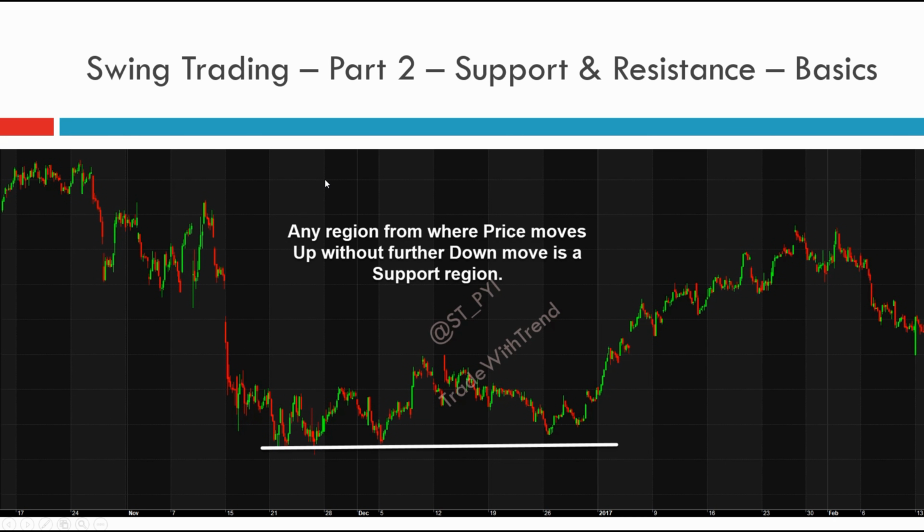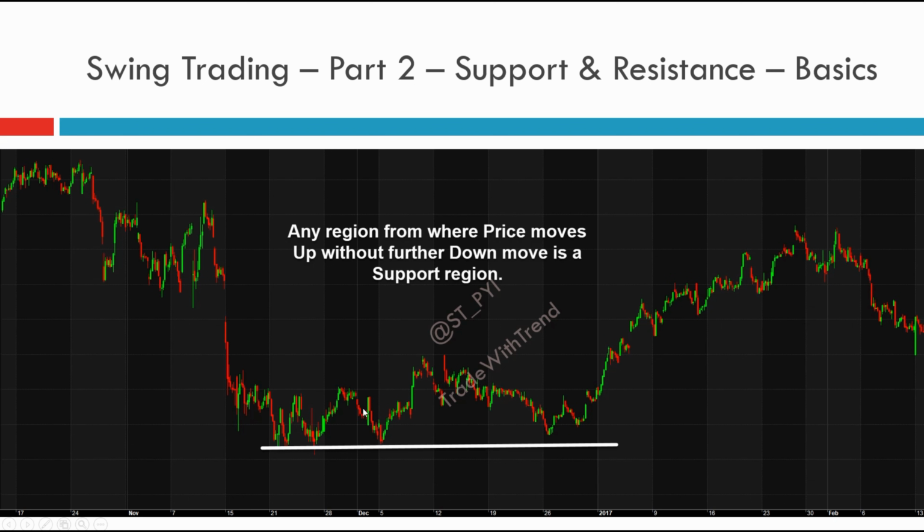So I'll just show you what a basic support level means in technical analysis. Here we have a chart. We have had some retracement of about 5 to 10% on the downside. And what we see here, between November 2016 and January 2017, is that price fluctuates in a range. If we were at this point, then this would have been the lowest low level. This got violated somewhere in November, that's December. And then this support line was tested many times over the next few days.